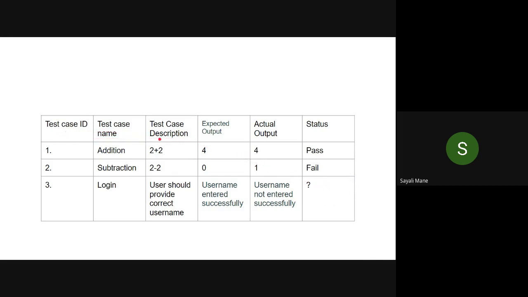So this is how you are supposed to write the test cases as a student. Whenever you go to a company, there will be a format for the company. The company manager will give you the format and then you have to follow it. But these are the basic things. Suppose in your exam, not for this subject but in the next year, they ask you to write down the test cases for Gmail login. So how many test cases will be there for Gmail login?